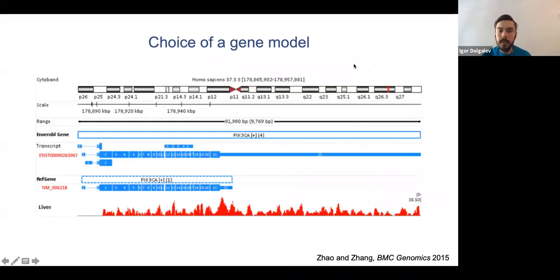So what does that mean, different annotations? It's not just about the numbers. Just because one has 2 genes and one has 1 gene, it doesn't mean it's twice as good. But there are also differences within specific genes. So here, for example, they compared the RefSeq gene annotation versus the Ensembl annotation for PIK3CA, which is a relatively,